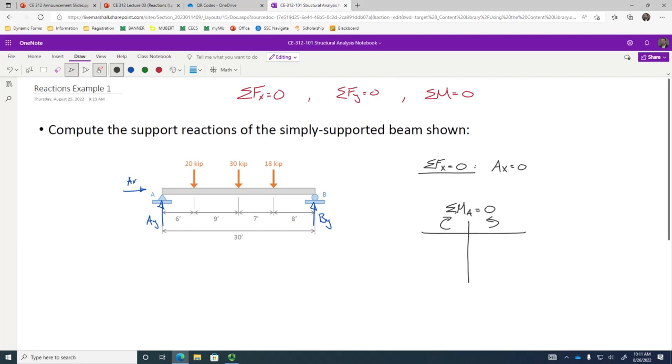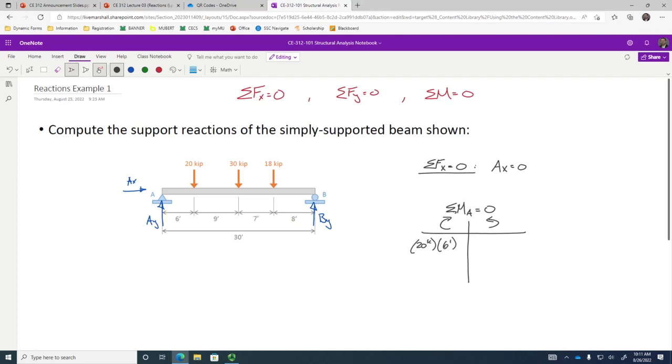Does this 20 kips generate a moment at point A? Yes. It generates that moment like this, so it belongs on this left side of the table. Now what's the moment arm? How far is it from A? 6 feet. So on this side of the table, we write 20 kips times